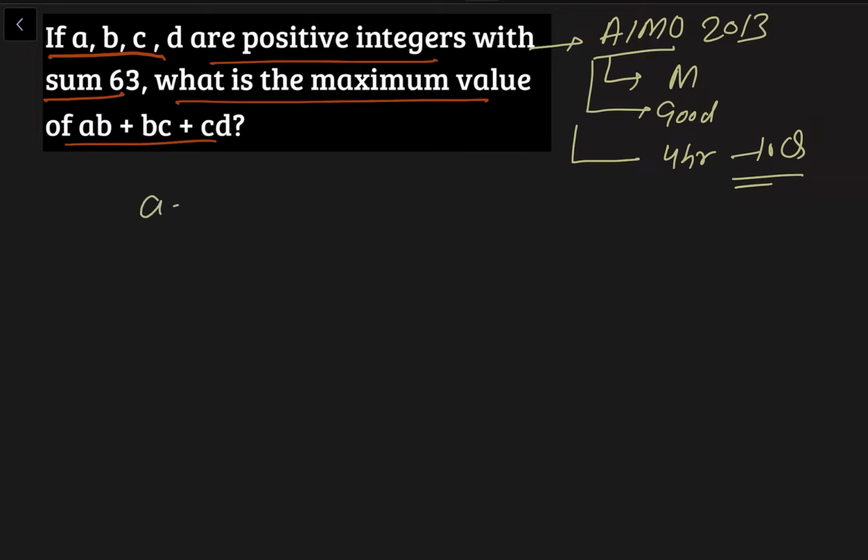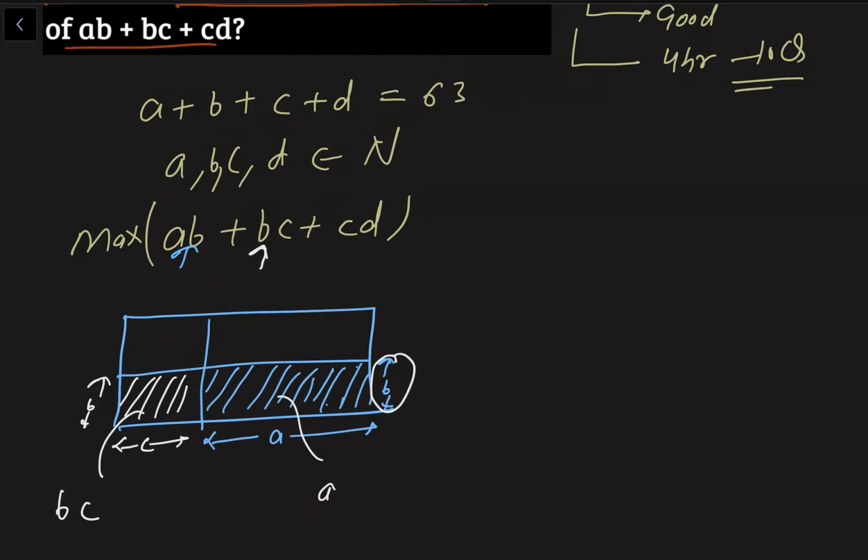Now let's try this question with geometry. Let's assume there is this rectangle. Okay, so I split it like this. Let's say this side length is A. Now if I say this is B, can I say that AB is represented by this area? I can say that. Now here I have this term BC, and if this is B, this will also be B. Now let's say this is C, so this area is BC and this is AB. Well and fine.